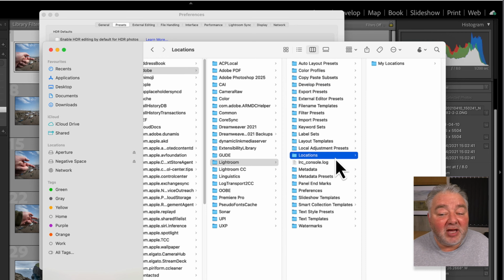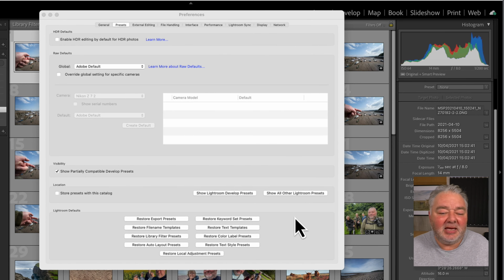It's location presets. So for example, let's say you go back to the same location a lot. You photograph wildlife and you go back to the same location time after time. You can save all the location metadata into a file. Okay, so you don't have to keep typing it in and so on. Down below, this is just resetting everything back to the defaults. Okay,